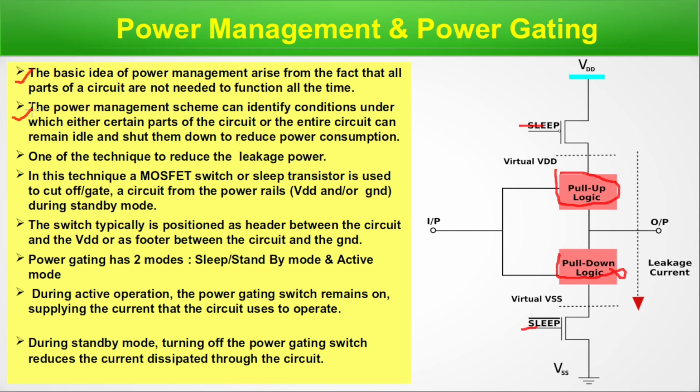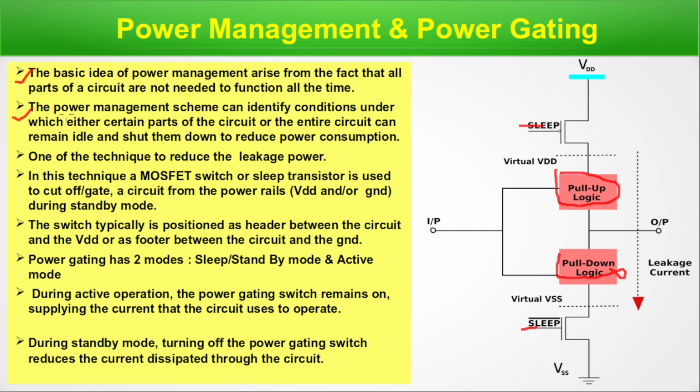Since not all the parts of a circuit work at the same time, the part which is not working or is functionally idle, let's keep that part of the circuit down. When the transistor is not working, not in switching mode, standby power gets dissipated. So if any portion is idle or in standby mode, where leakage power can dissipate, we can stop the power from going there so that power is not supplied there and then there is no leakage or dissipation. That way we can save the power.